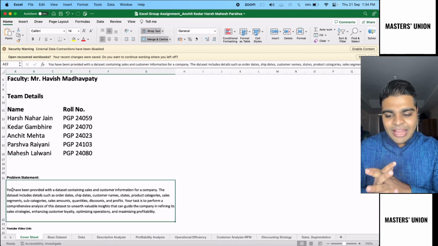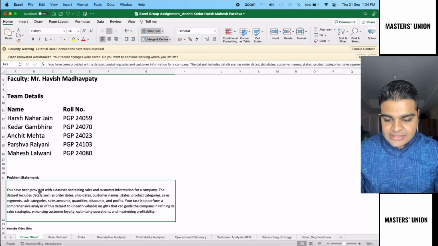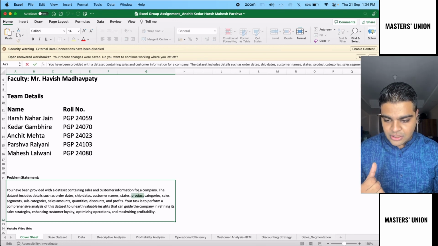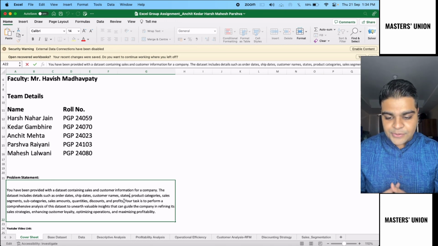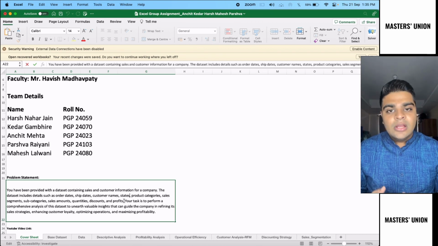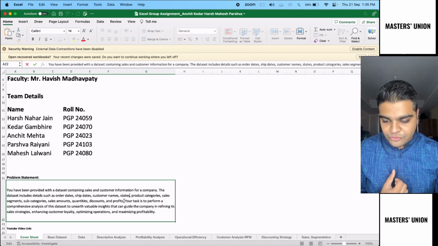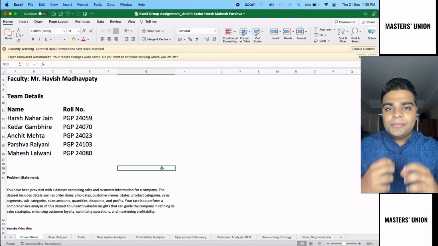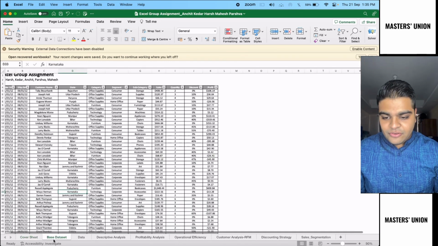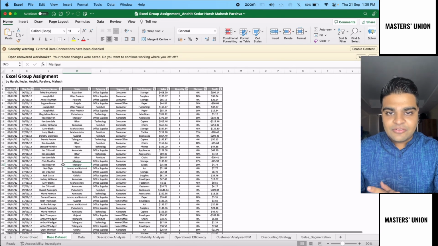So we have been provided with a data set which contains details about sales and customer information for a company. This data set includes order dates, ship dates, customer names, states, product categories, and so on. Our task is to perform a comprehensive analysis on this data set to unearth valuable insights that can guide the company in refining its sales strategies, enhancing customer loyalty, optimizing operations and maximizing profitability. This video will cover all those details and we will give a comprehensive analysis of how we went about it. So first of all, this is the base data set that we had been provided by our